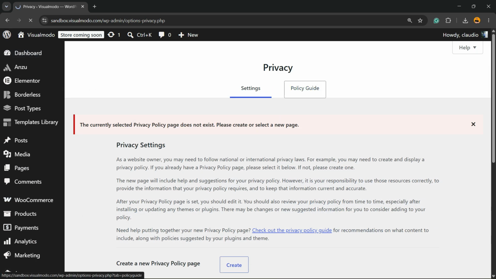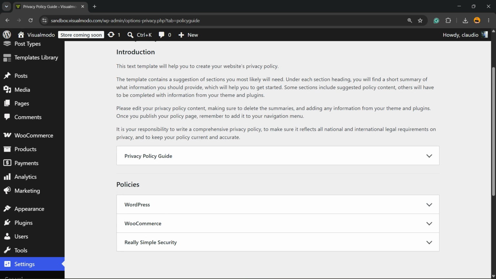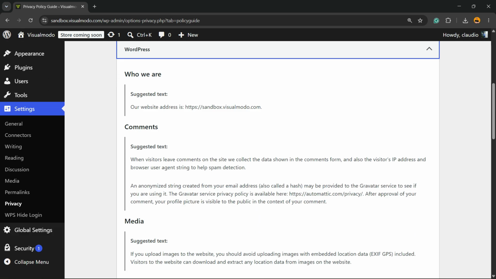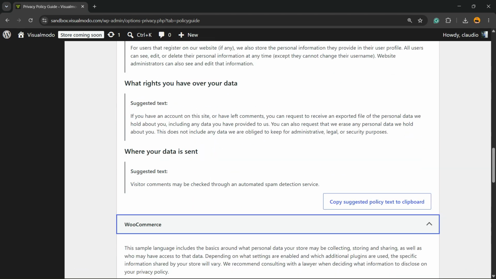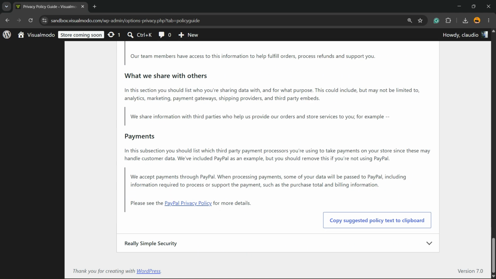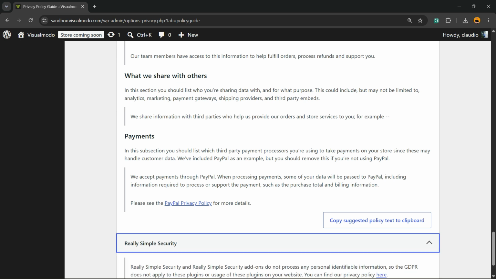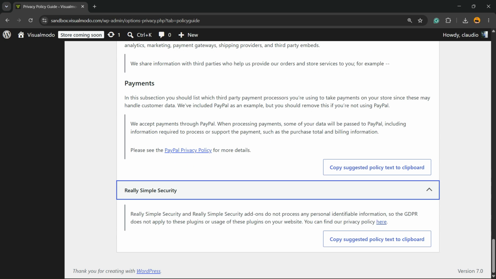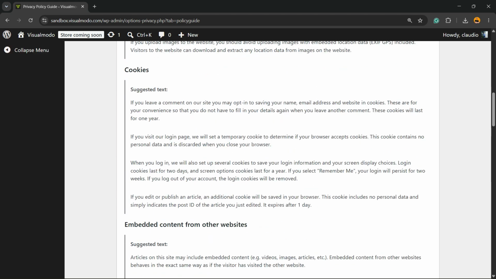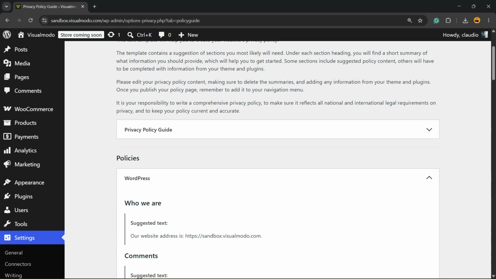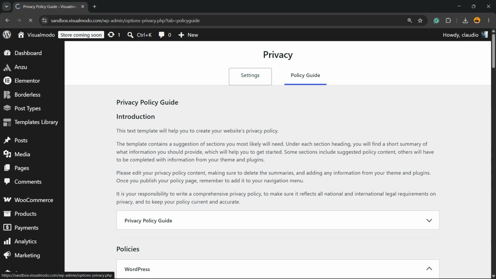If you see, we have a privacy guide right here, and we have some default policies from WordPress, for WooCommerce, Really Simple Security. These are privacy policies that WordPress auto-generates for you as soon as you activate some plugins. Okay, go to settings,